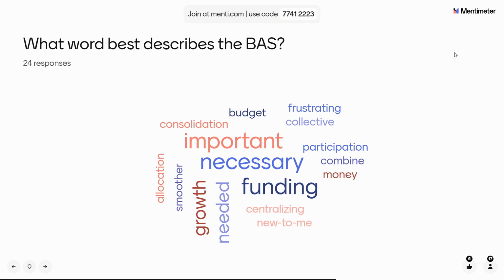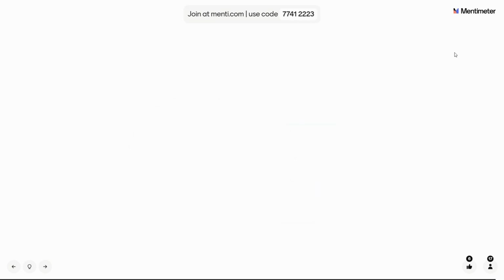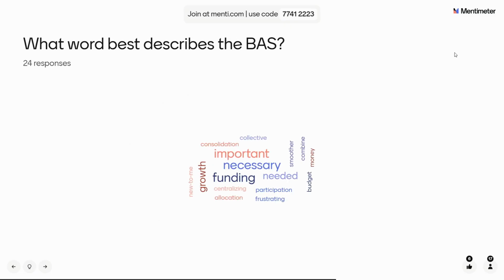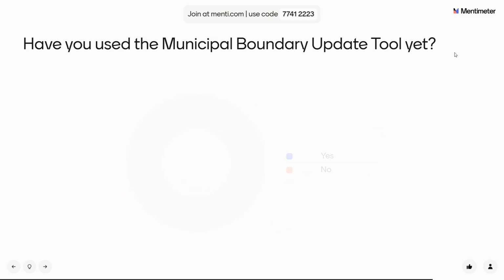Okay, thank you, everyone. Last question. This is for the state partners: what data will you need to request from local governments? Well, actually, I don't know if this one even made it into the survey because it didn't look like anyone answered that. I don't think it did, but I'm interested about that.